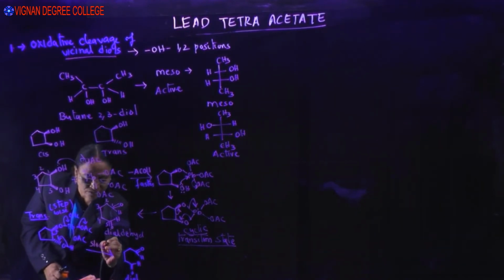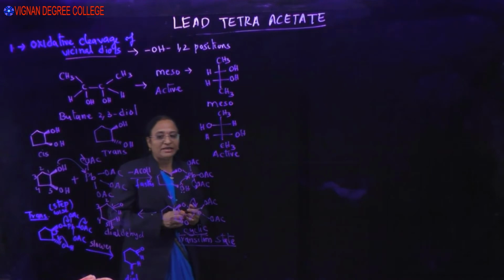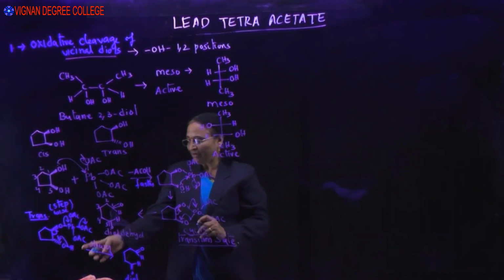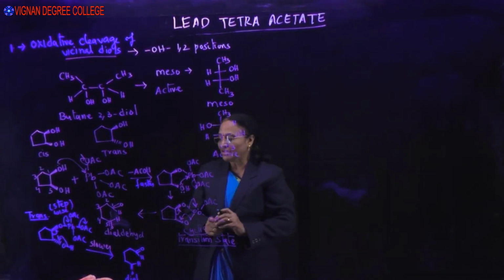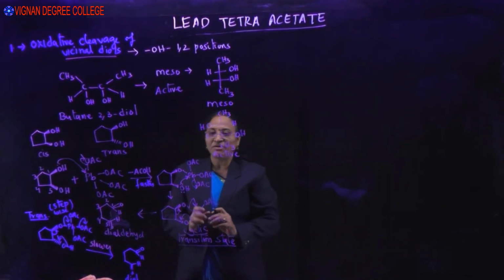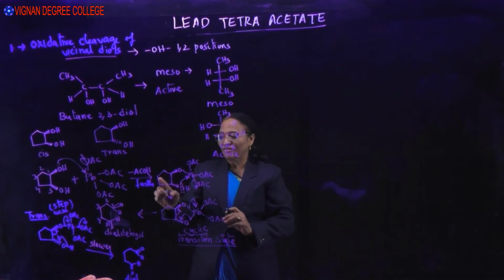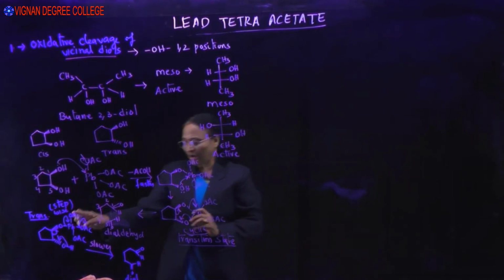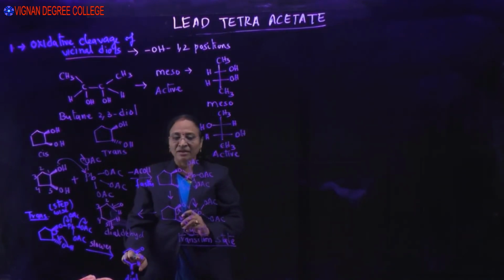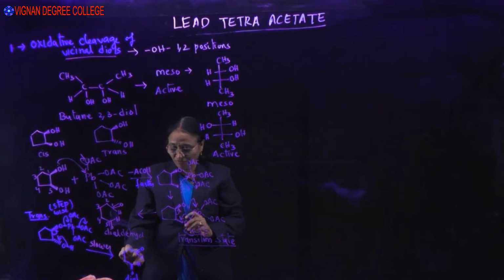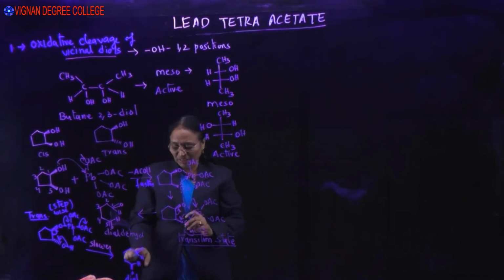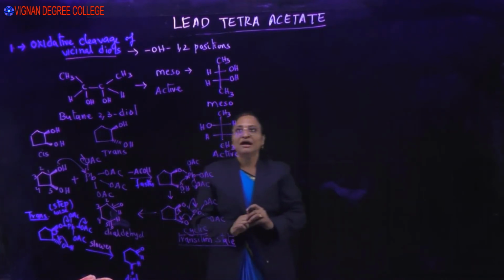This is because of the entropy advantage that you get in case of your cis-diol, where the entropy advantage is not present in case of the trans-diol. Therefore, the trans-diol reaction occurs at a slower rate, whereas in cis-diol the reaction occurs at a quite faster rate. But in both cases, the product that is formed is the same, involving the cleavage of the bond present between the two carbons of the 1,2-diol, resulting in the formation of an aldehyde.